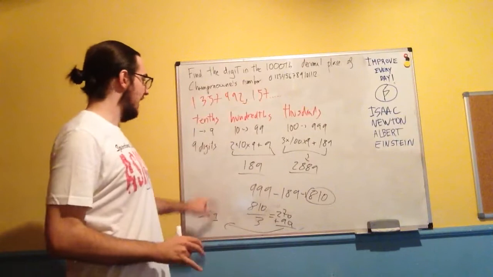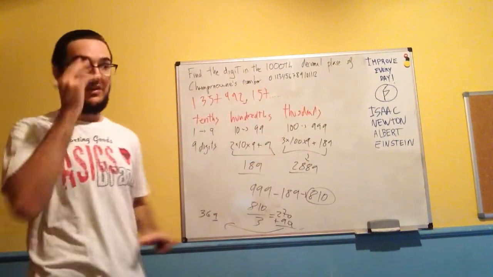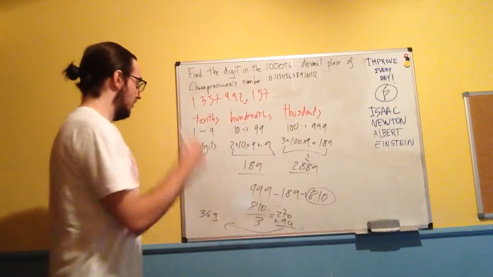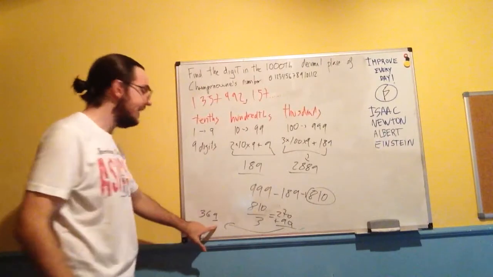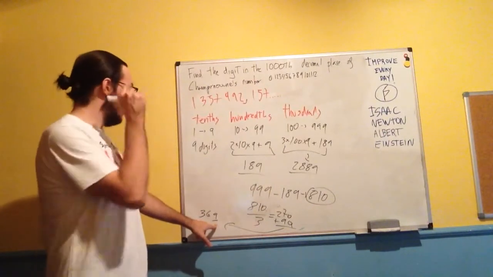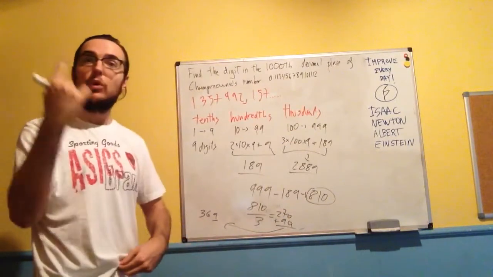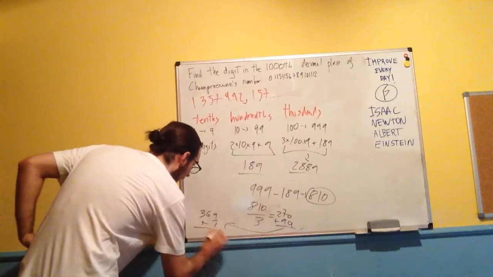We are calculating the 999th decimal place, not the 1,000th. So this is not the number we are asked for. So what should we do? We just have to add 1, because we are in the 999th decimal place, but we want the 1,000th decimal place. So we just have to add 1, and we get